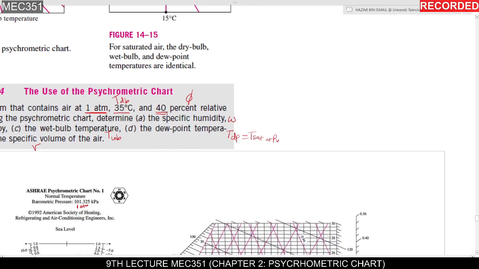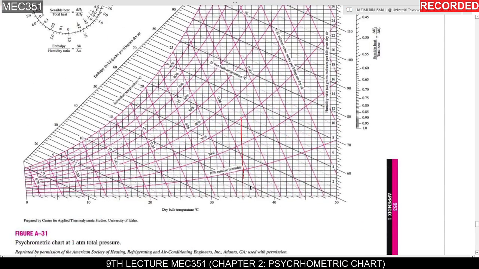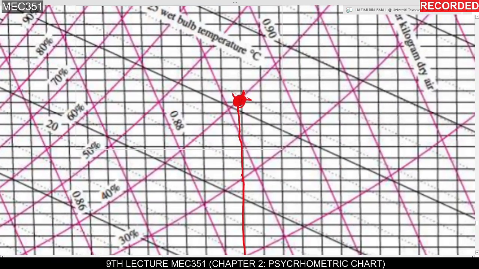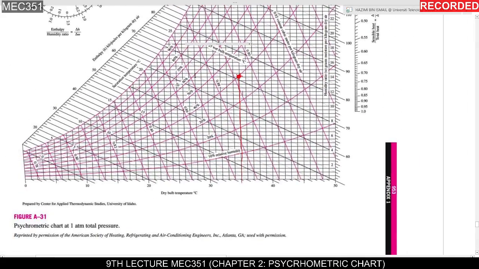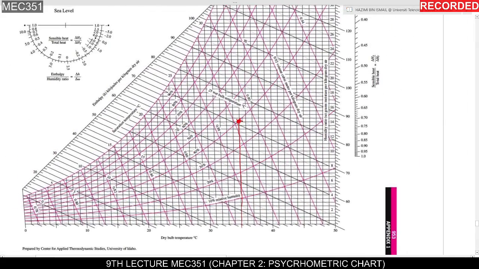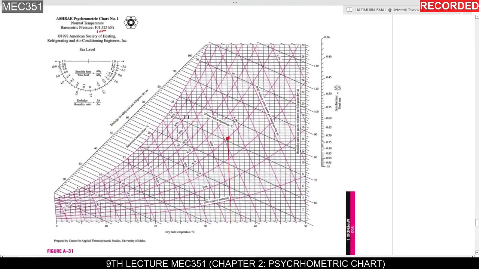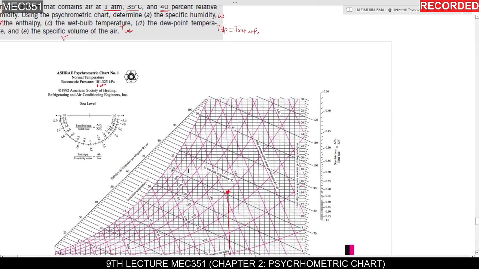What is our second value? It is the relative humidity. So find our line of relative humidity. The curved line here is the relative humidity, right? So you project this line until you reach 40%. Make a mark or dot as a zero point here. This is our reference point. So I already have the value, the line here, and now you can find any value you want in the